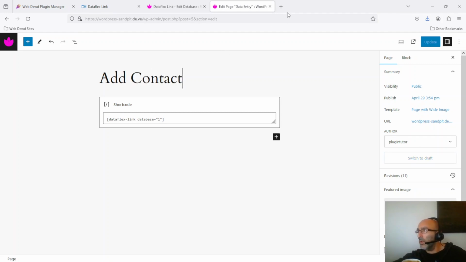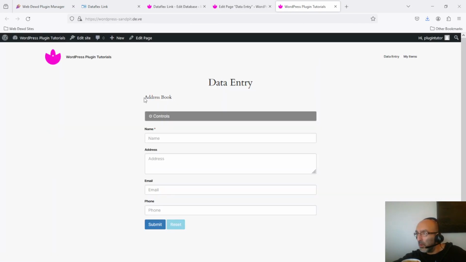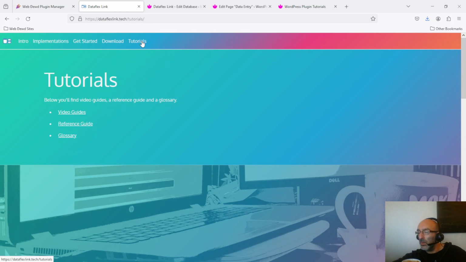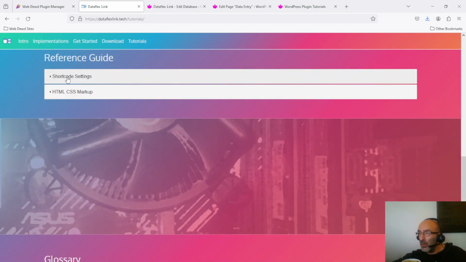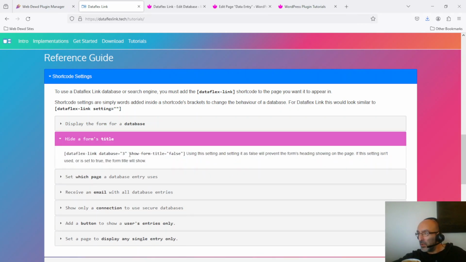What I'm also going to do is, hold on, if we look at this page right now, it's got address book written here. I'm going to remove that. So if we go to Dataflex Link Tutorials, we'll have a look at some shortcodes. We'll go to the reference guide, shortcodes, and we don't want to display the form's title. So we're going to look here, and we're going to grab this bit of the shortcode,